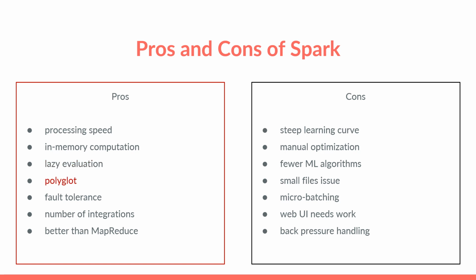Spark has support for multiple languages, including Java, Python, Go, R, and all .NET languages. It provides a great set of fault tolerance and recovery features. Spark can be integrated with almost any database, data store, streaming framework, and so on. Spark is better than MapReduce. It is easier to learn, provides more built-in operations, plus a library of machine learning algorithms, and benchmarks show it